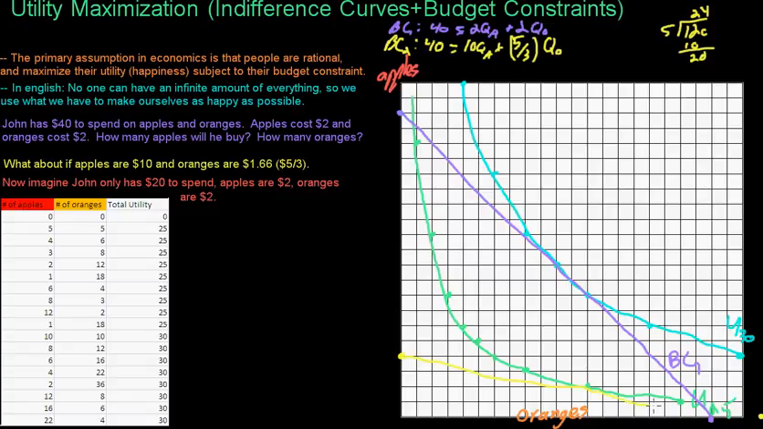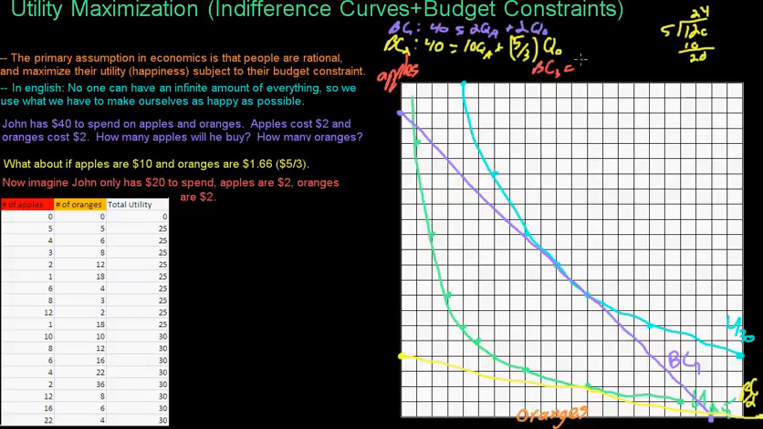So these should be straight lines in theory, but I can't draw that well, so we're just going to have to work with it. And we'll label this budget constraint 2. And then what about now if he only has $20 to spend and apples are $2 and oranges are $2? Well, so budget constraint 3 then, and I'm kind of running out of room, but I'll do my best, is